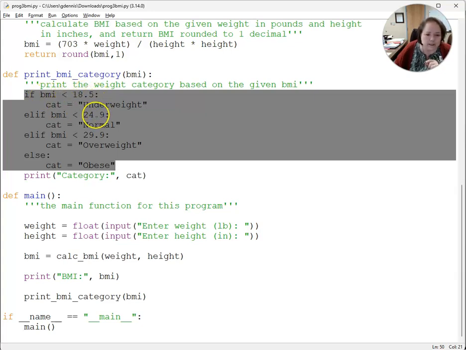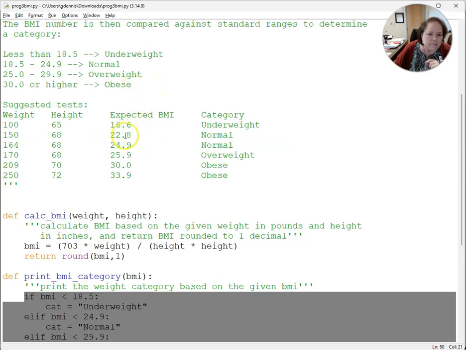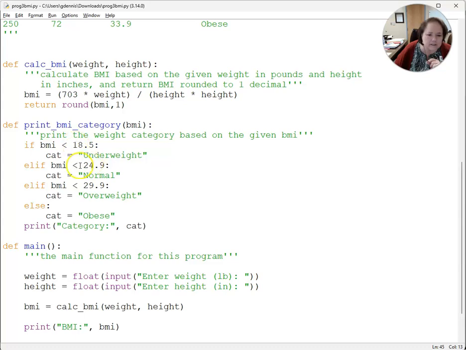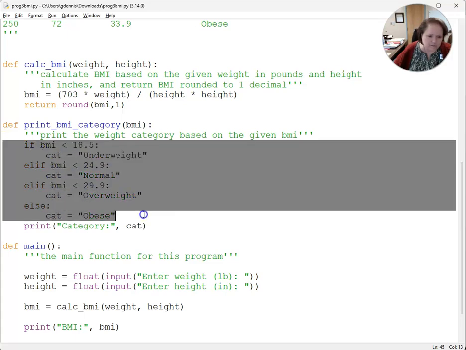And the one we were looking at was a 29.9. Let me go back up. That's not right. I was looking at 24.9, which should be the high end of normal. And so if I've traced through what's happening with this if statement, then I can see that, I mean, it looks like I might have it right. I actually can see the problem that I have, and you may too. But again, if I wasn't sure, this is how we would go to AI to help us with this. So I would probably copy all of this